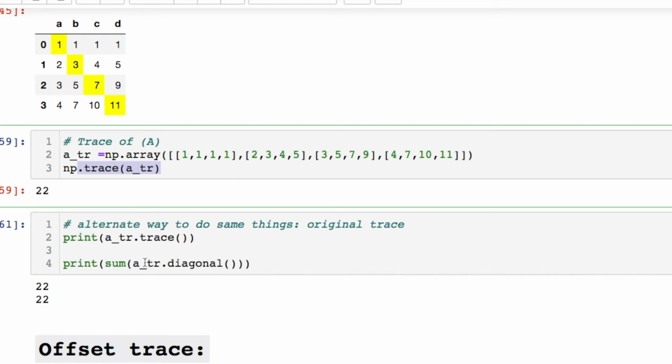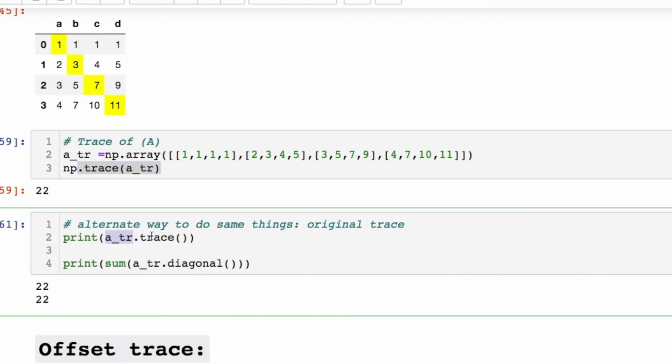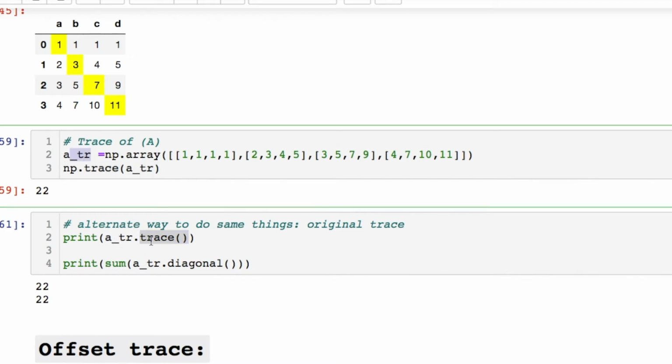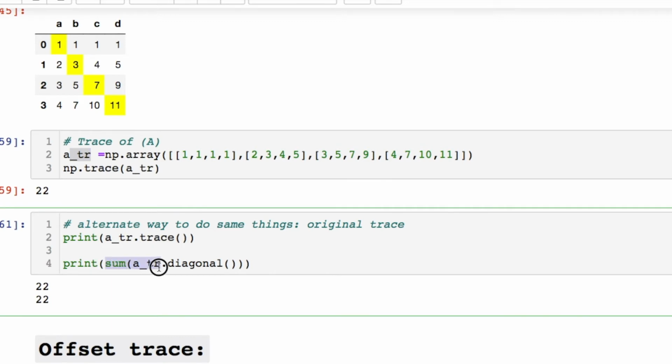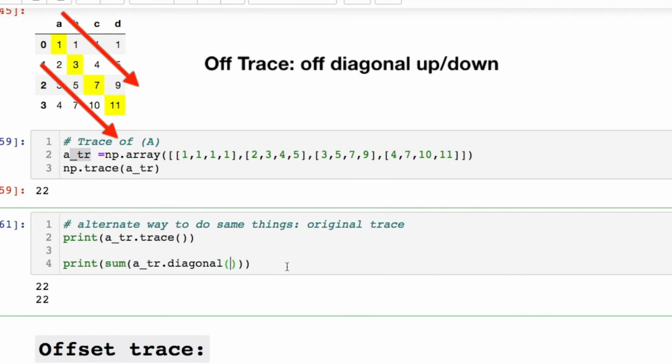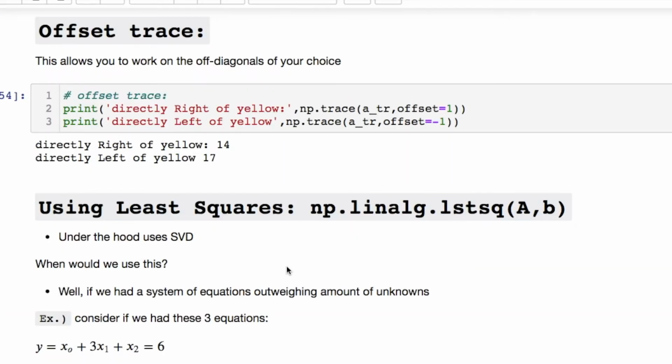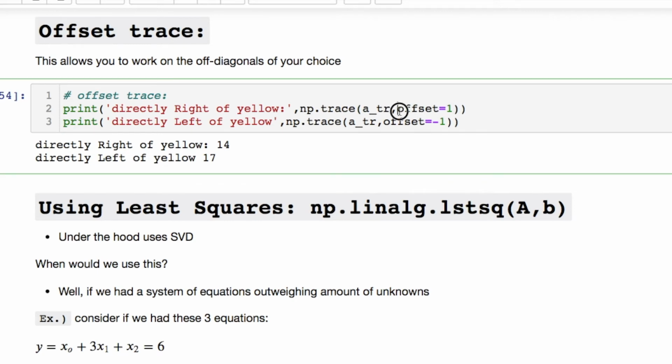You can do this two additional ways, where you call your A trace and then you just call it without a parameter on the inside. So the A trace is what I called this NumPy array dot trace. You can also do sum and then the A trace dot diagonal with nothing inside, and it gives you the same thing. You can do something called an off trace, which is taking the diagonal but moving up or down the matrix. For instance, if we were going up to the right one row up, you can just add a 1 with this parameter called offset. If I want to go backwards to the left and down, you just put a -1, and that's going 1 back. I'm sure you could change this up and go up more than 1 or down more than 1, depending on what your needs are.